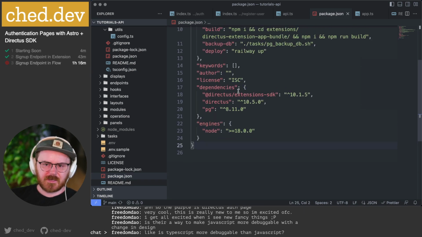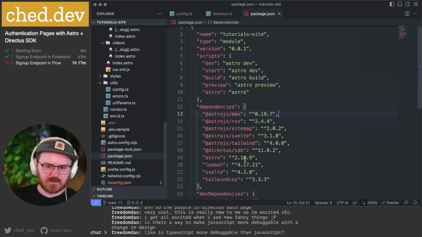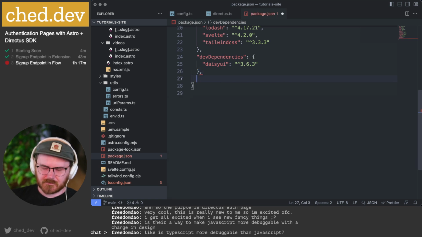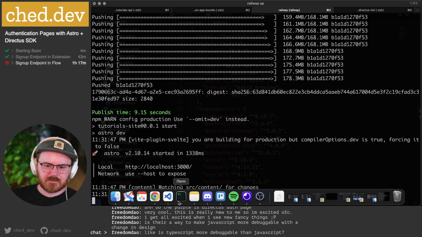So I have this in my API one, I have the engines. Maybe I don't have that in this one. I think that forces it to